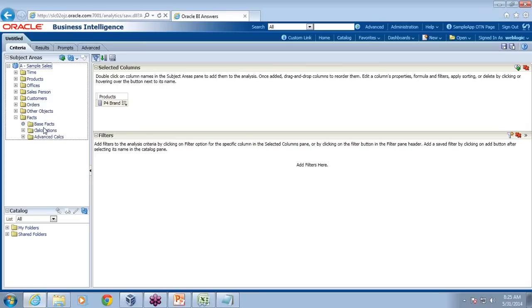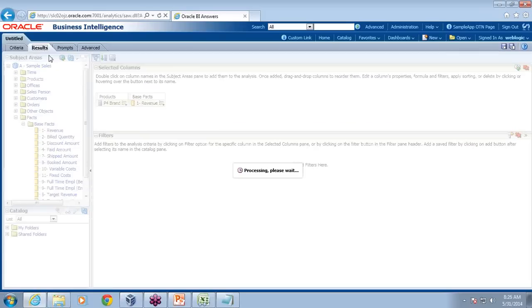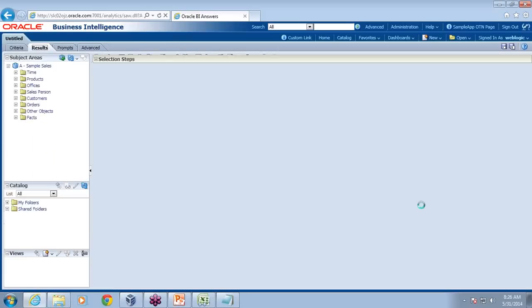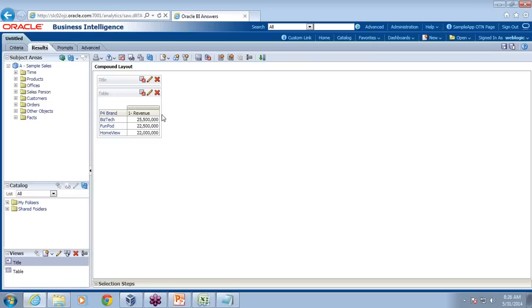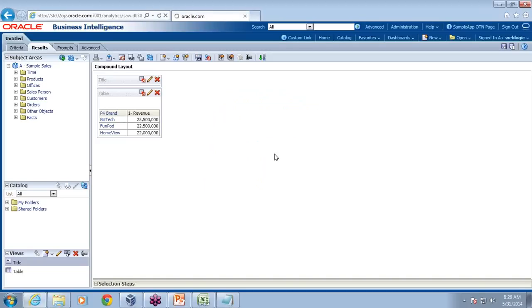When they process this, the data is actually processed in your underlying data source. When I click on result, I get the required data. So the interface is pretty easy, but the important point over here is that the query processing is done at your database. You can look at this information when you look at the administration part, you can see how the query is getting processed.